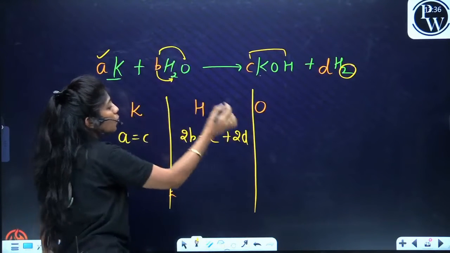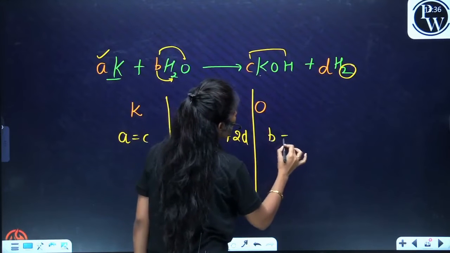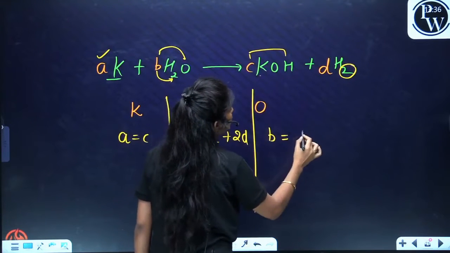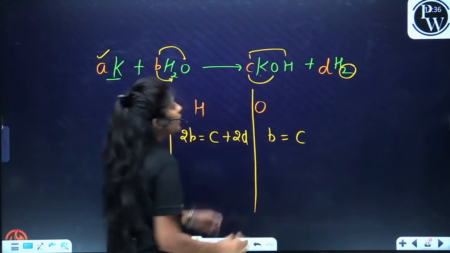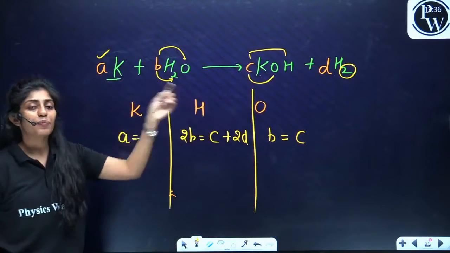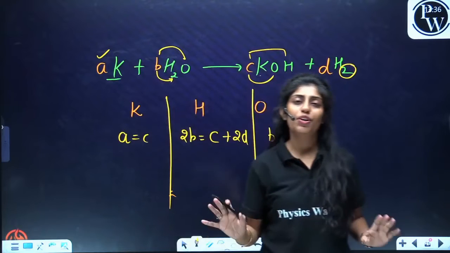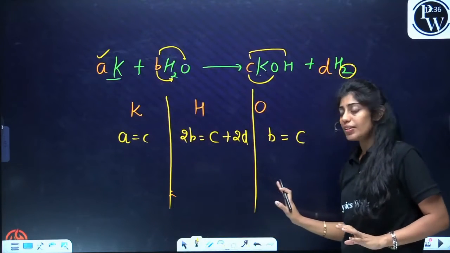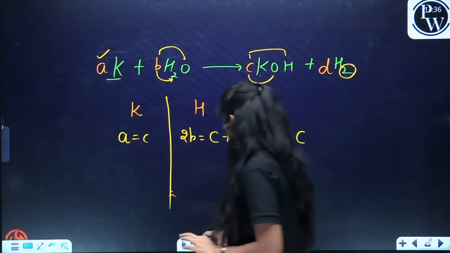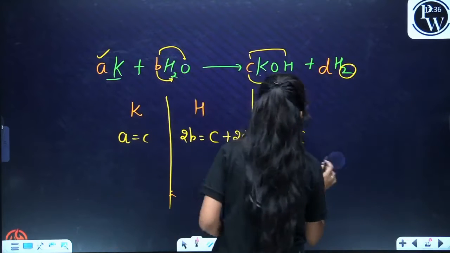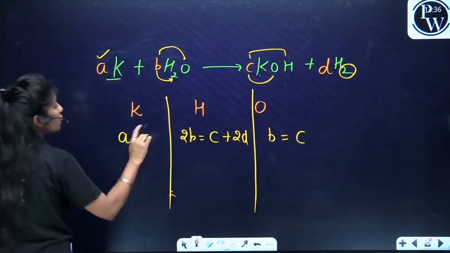B multiply 1, that is B only, equal to B multiply C. Sorry, oxygen multiply C, that is only 1, giving you B is equal to C equation. So are we good with this? Any problem in this? Now, very interesting turn is that you need to suppose a value of any of the